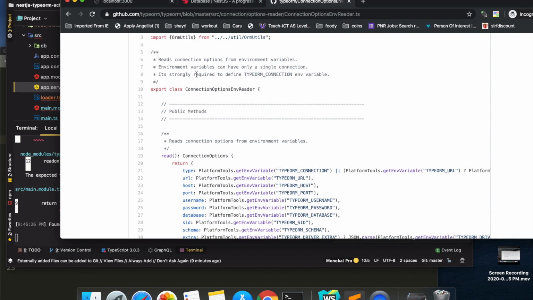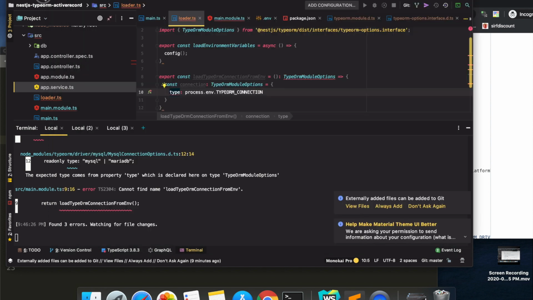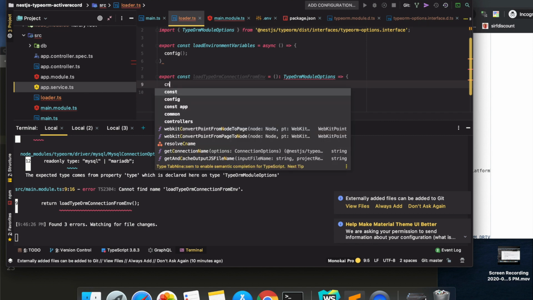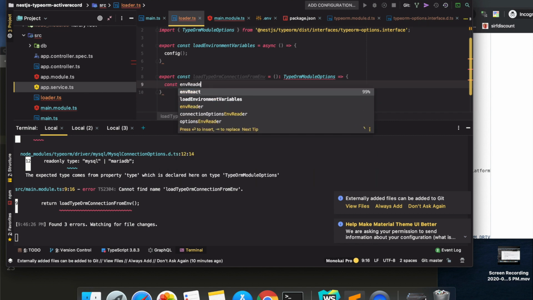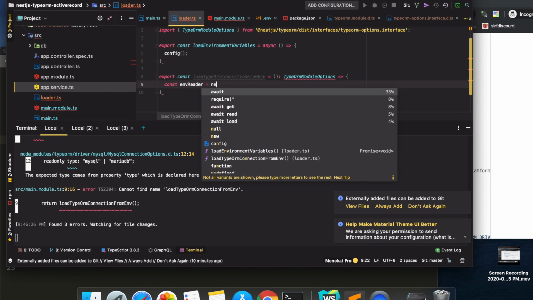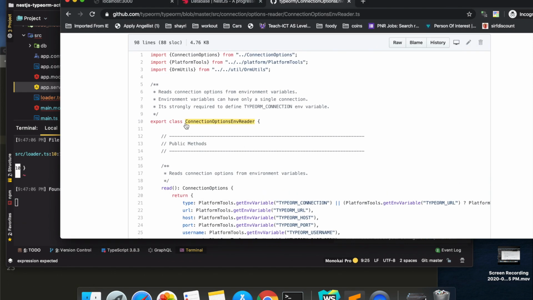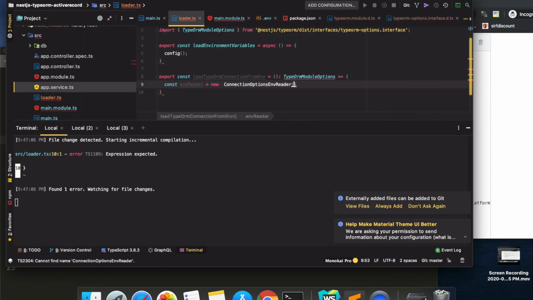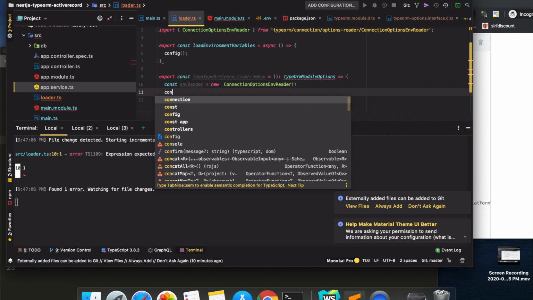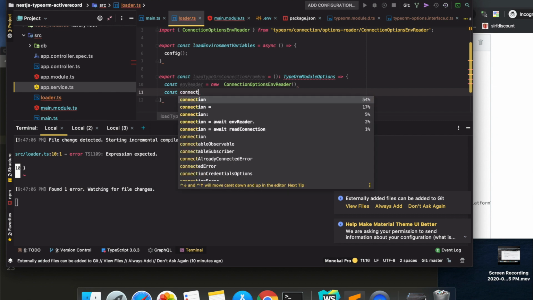So we are going to create an instance of this class. const reader is equal to, right, const connectionOptions is equal to